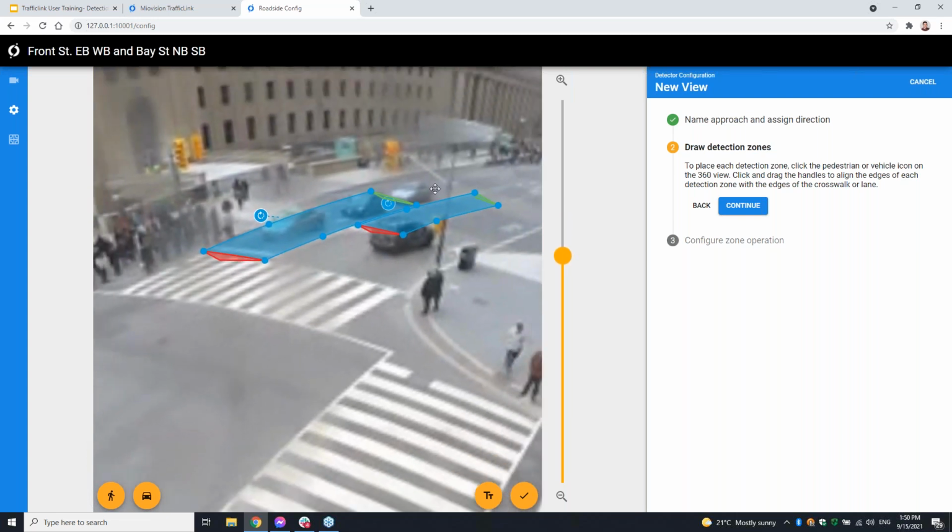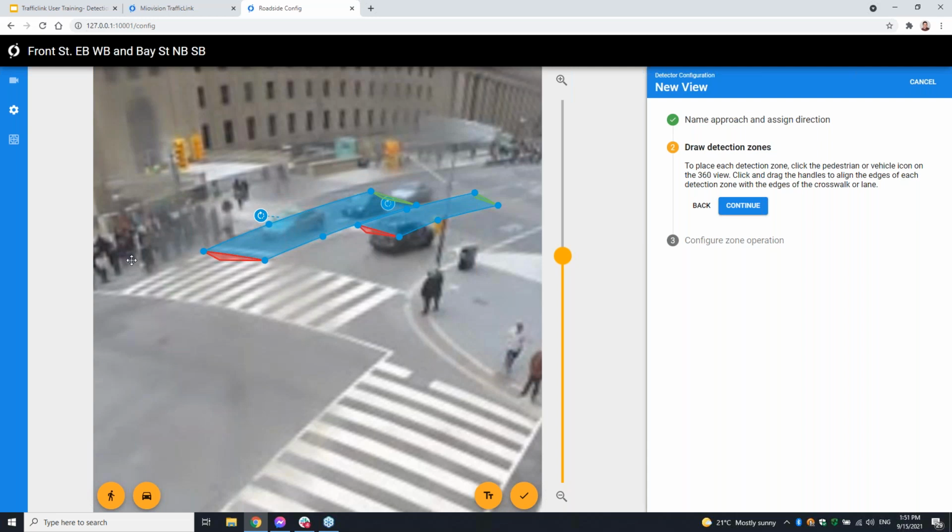Similar to how far back the zone should go, you want to base that on your timing plan design or your intersection design. If you make the zone too short, you may have a higher frequency of gap outs or a higher frequency of drop calls or drop-in calls, because the space between vehicles is larger and you're terminating the phase earlier than you expected.